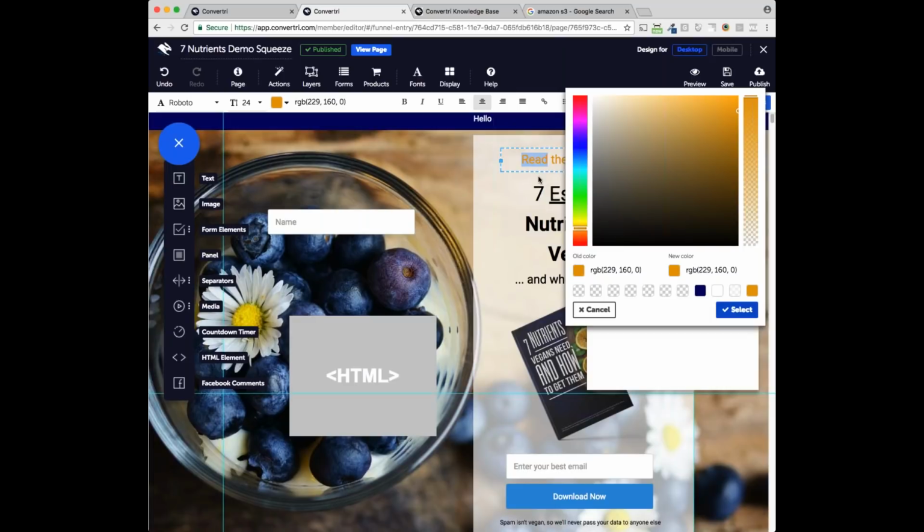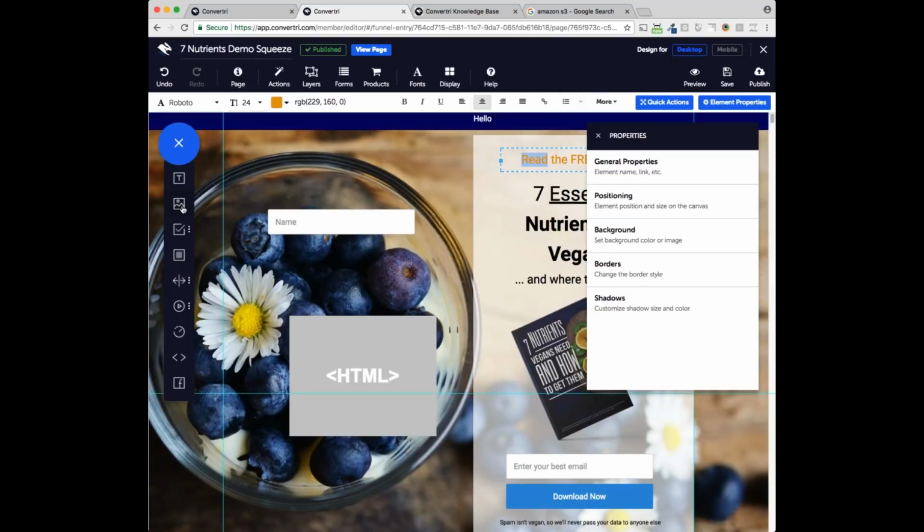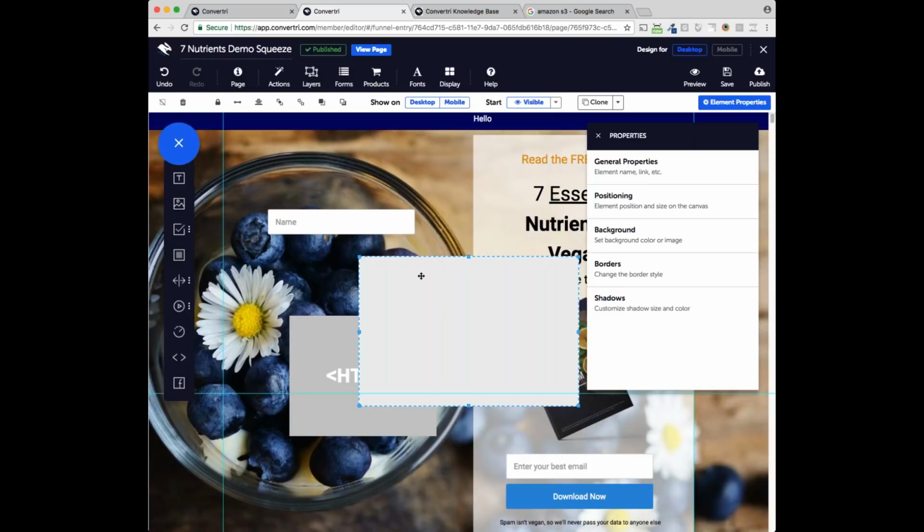But because of the way Convertri is set up, and because browsers don't support multiple text selection, if we let you type a hex code into this box, it would lose the selection of the word read, and then it wouldn't know what text to edit. So if you need to type in a specific hex code for text, you need to, say, drop a panel on the page,